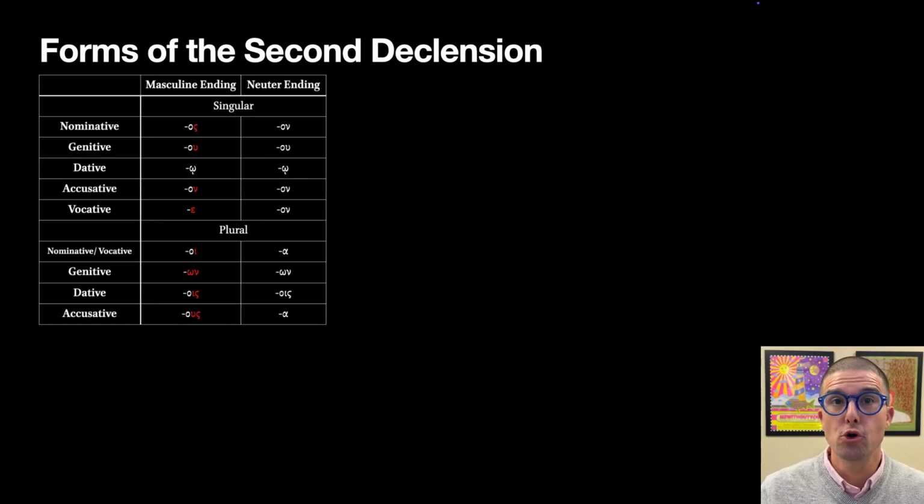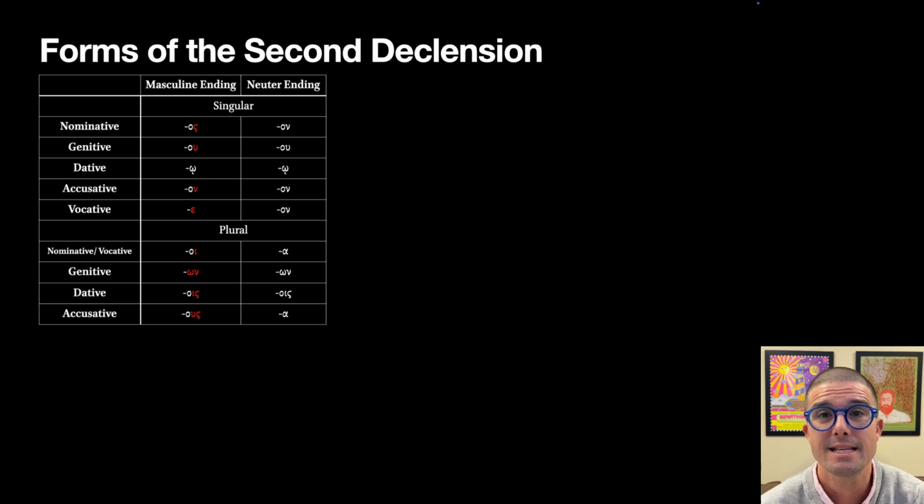It's going to behoove you to memorize the endings of the second declension so that you can easily recognize what the case and number of a particular noun is. Because we don't depend on word order in Greek for meaning, you have to be able to quickly recognize case and number, and particularly case, to know how a Greek noun is functioning in a sentence. So it's going to behoove you to